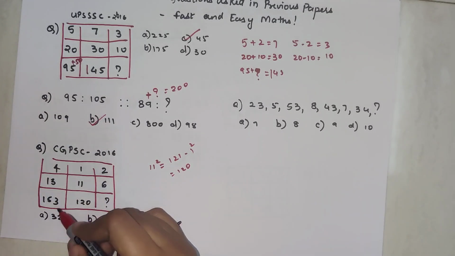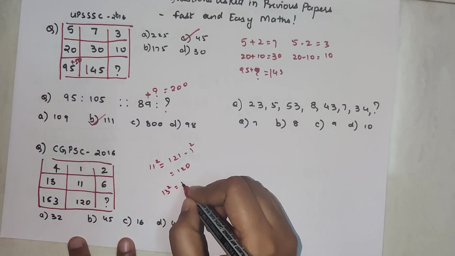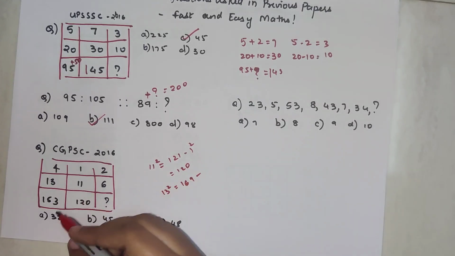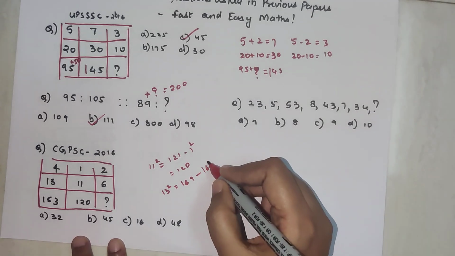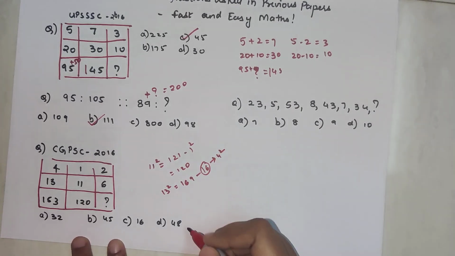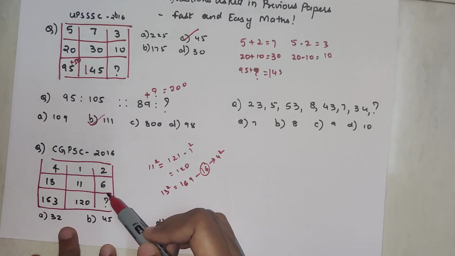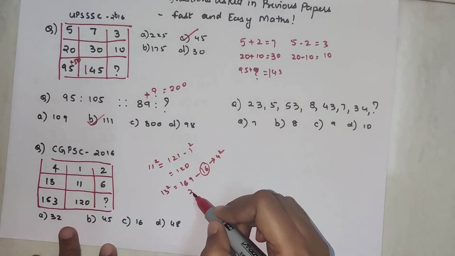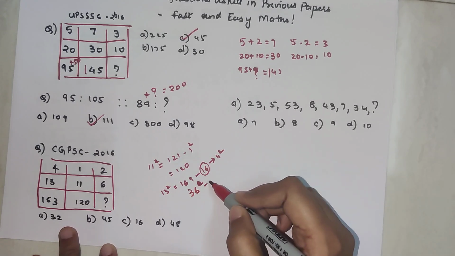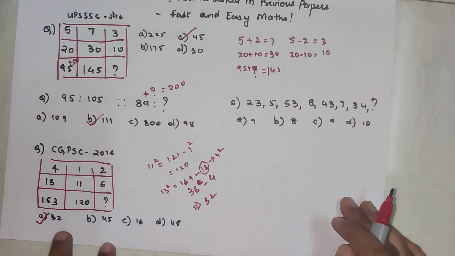So similarly, 13. 153 is also very close to 13 square, right? 13 square is how much? 169. And now getting close to 153, how much should you subtract? You should subtract 16, and that is nothing but what? 4 square. So basically what you are doing is subtracting the middle row square from the upper row squares. So here your answer will be 36. 6 square minus 4, that is 36 minus 4, which gets you 32. So option A is your answer.